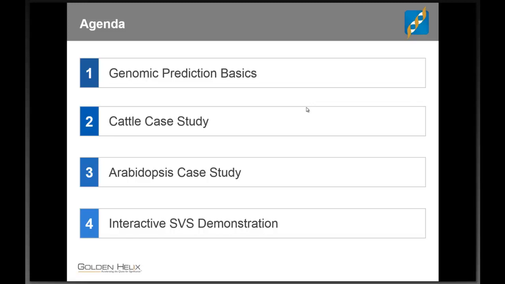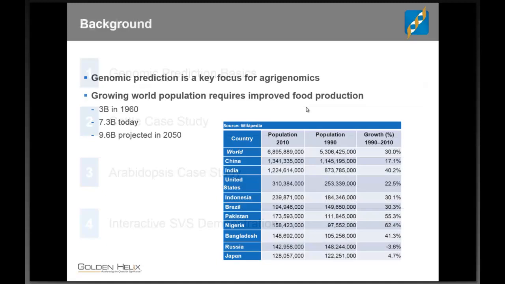Of course, there are applications in other areas as well, but we'll start with a case study based on cattle production, and then we'll move into a plant-based case study where I'll use some Arabidopsis data that I have access to. Finally, we'll move on and look at an interactive demonstration with SVS and learn a little bit more about the SVS environment and see just how you would go about doing this kind of work within the software. So to begin with,